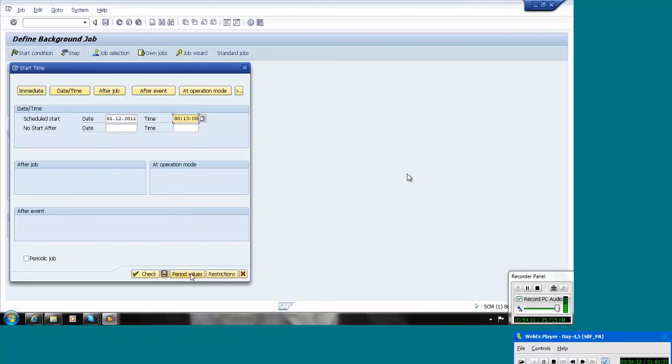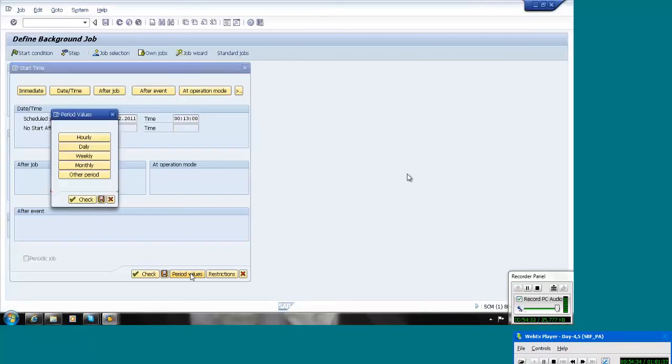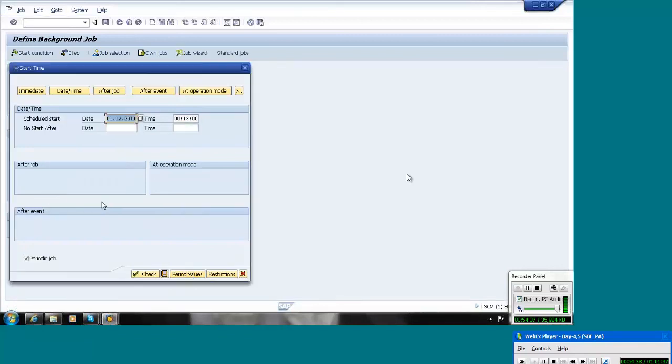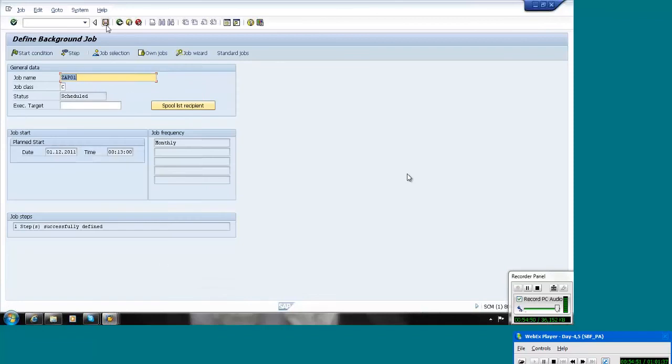And go to the period values. Here I will take month, so that every month this job will run and it will update 24 months past and 24 months future for the time series. Okay. So I will save it. It is scheduled now.